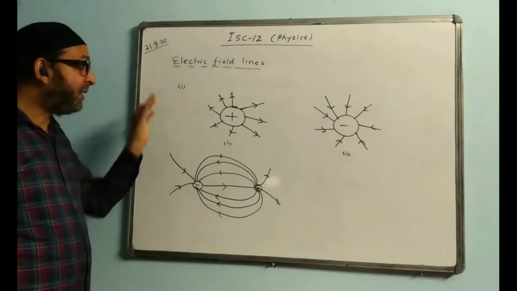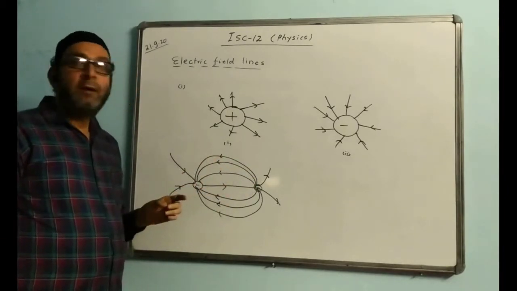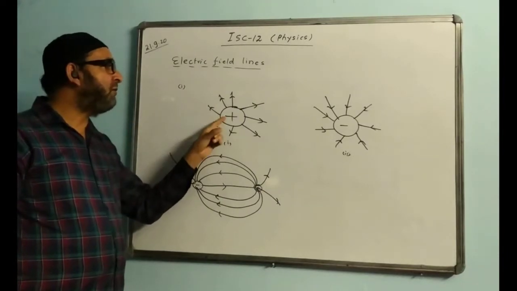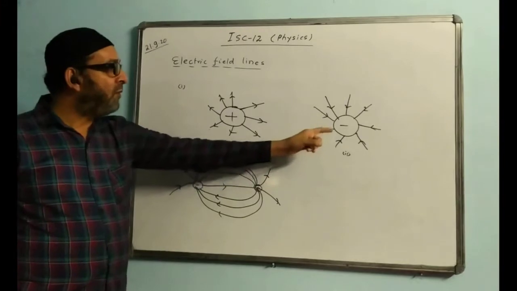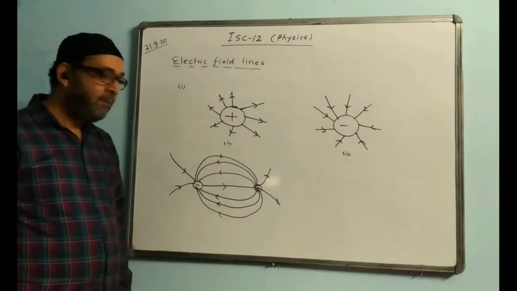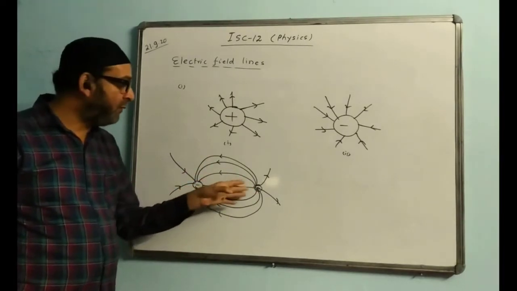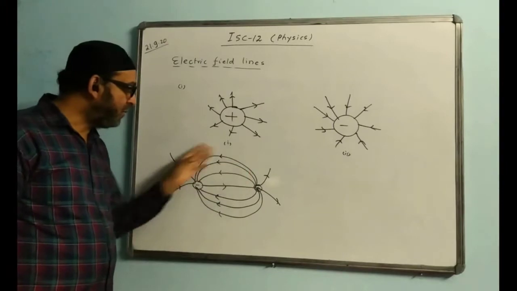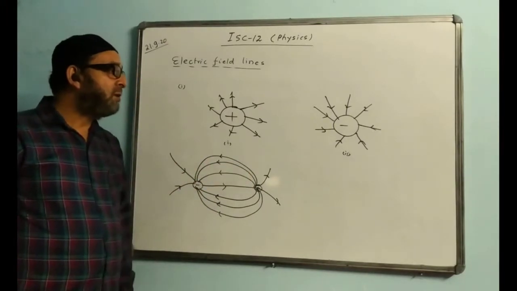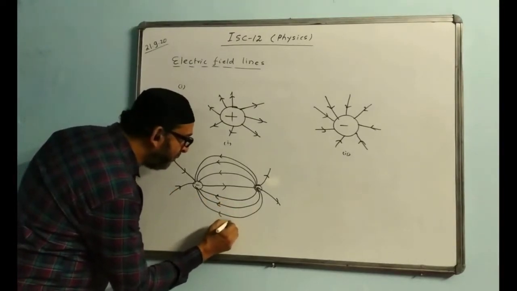Then we have to draw electric field lines of an electric dipole. So we draw this one. Of a single positive charge or isolated positive charge, we draw this one. Of a single negative charge, we draw this one. For a dipole, we draw like this. For a dipole, there will be closed curves this way. One question is also there, so please try to understand it now only. This is for electric dipole. The third diagram is for dipole.